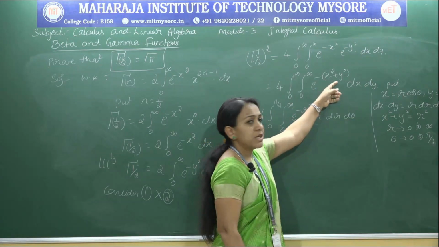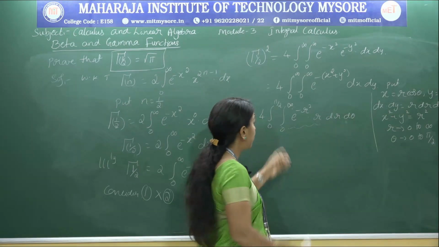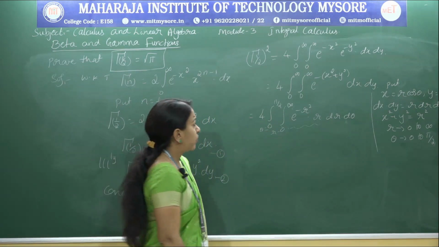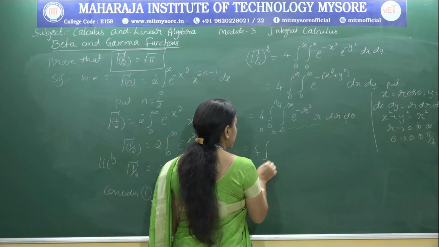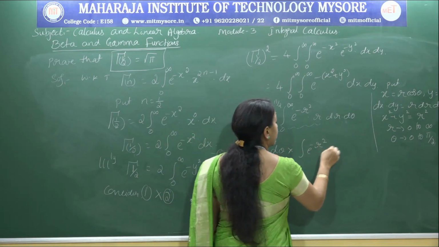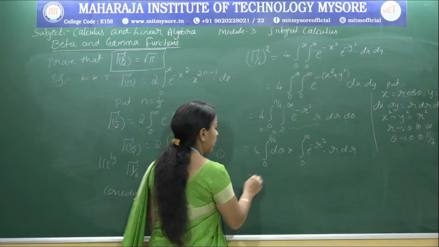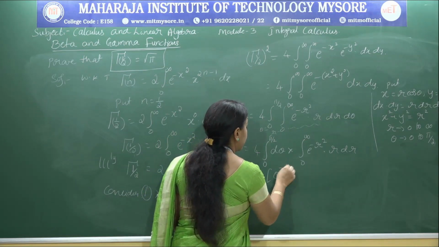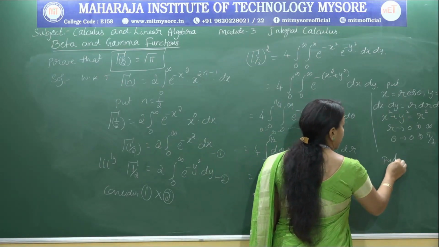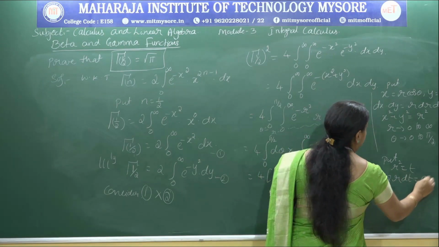So if I replace x square plus y square by r square and dx dy by r dr d theta, and the limit of r is 0 to infinity and theta is between 0 to pi by 2, we are left with this, or I can split it like this: 0 to pi by 2 d theta into integral e power minus r square r dr between the limit 0 to infinity, so that 4 times theta between the limit 0 to pi by 2, and this can be evaluated by substitution, that is put r square equal to t, so that 2r dr is dt,